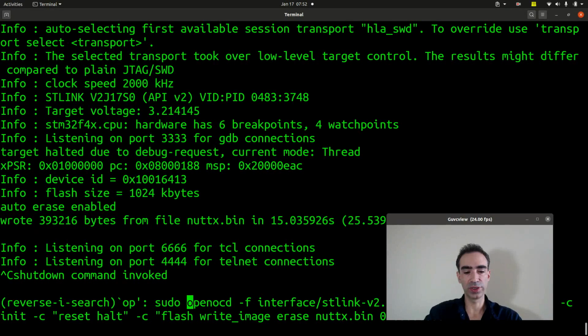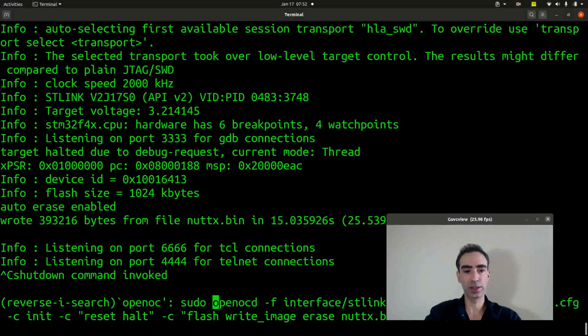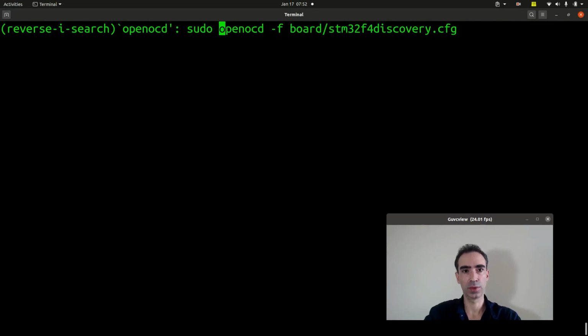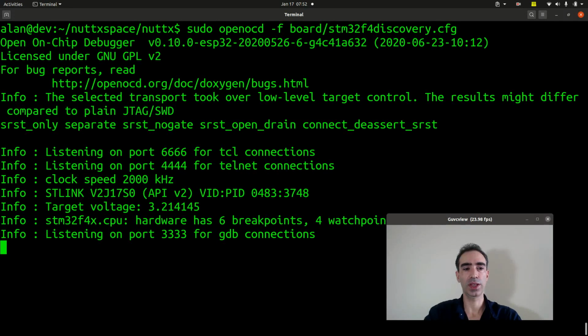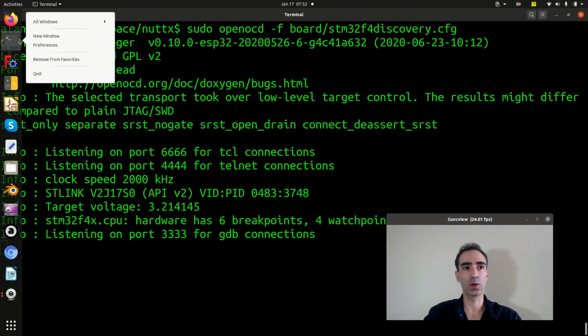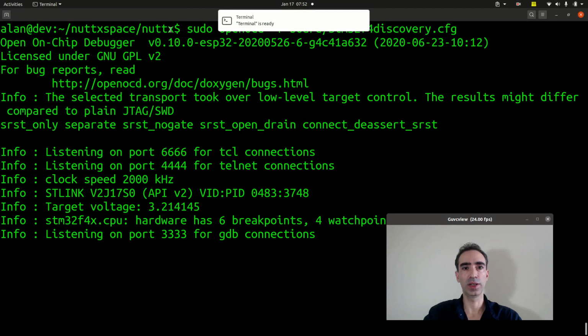Execute OpenOCD, passing only the board name. We don't need to pass any other special command, just the parameter, only the OpenOCD and the board we want to use. Okay, it is waiting for the script. Now we can open a new terminal,